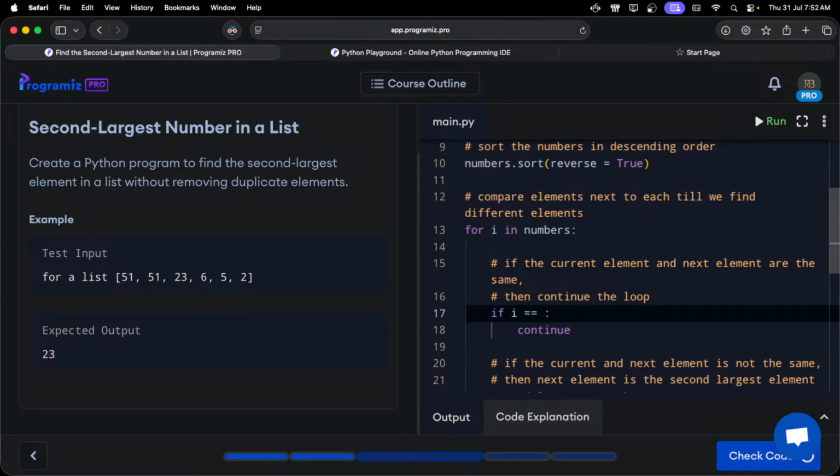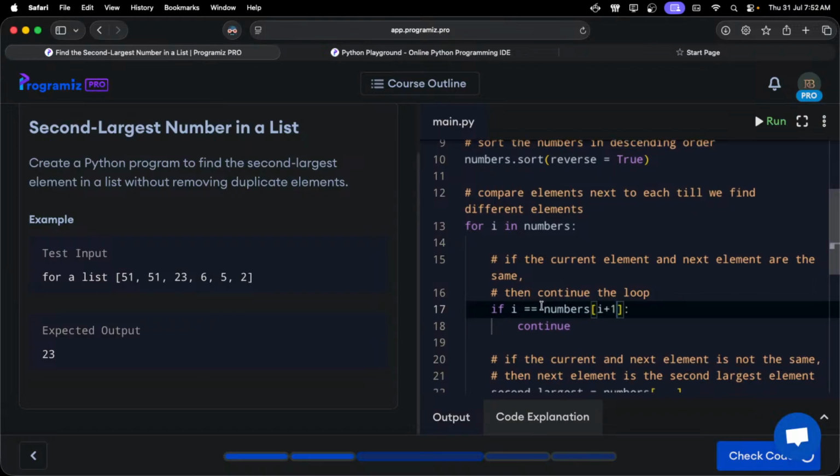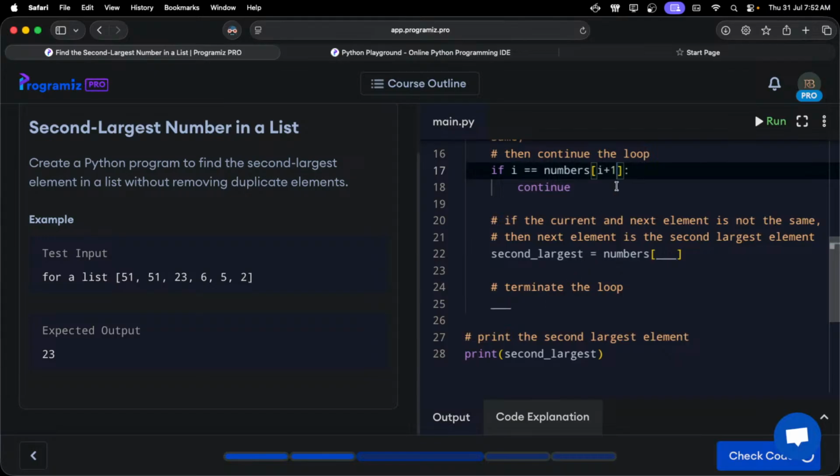Okay, 51 and 51, then we simply move on, otherwise we will do something. Okay, so I or numbers I plus 1, right? That's how we get the another index. And if the current and the next number is not same, the next element is the second largest. I plus 1,